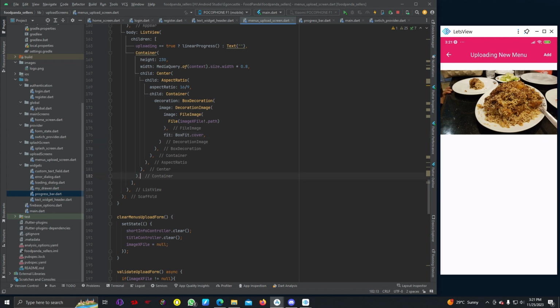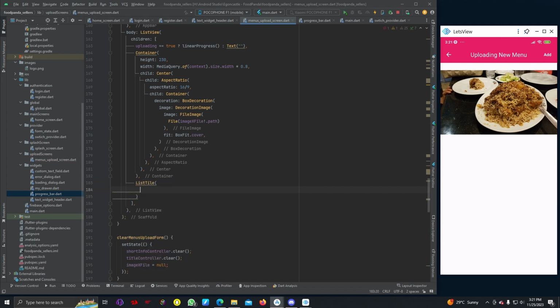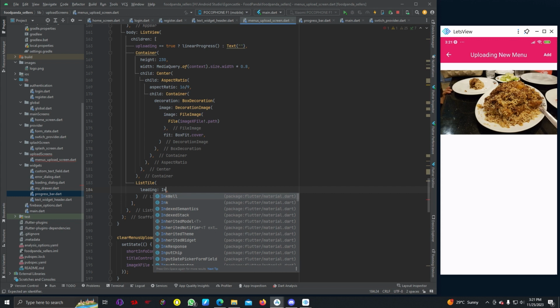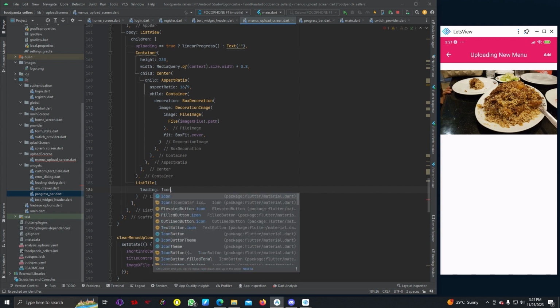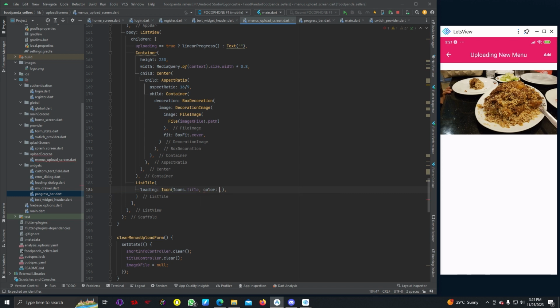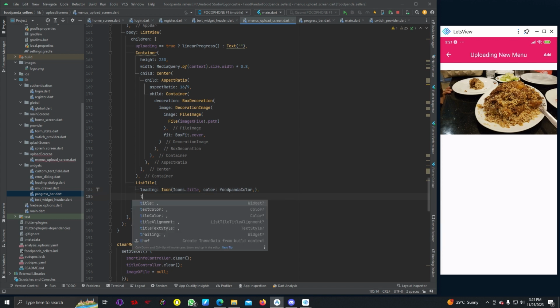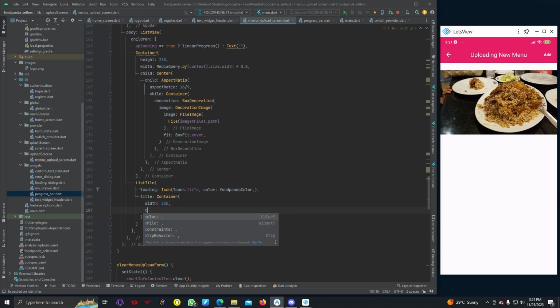So after this container we can add ListTile, leading Icon, Icons.title, color Foodpanda color, then title should be Container, width 250,